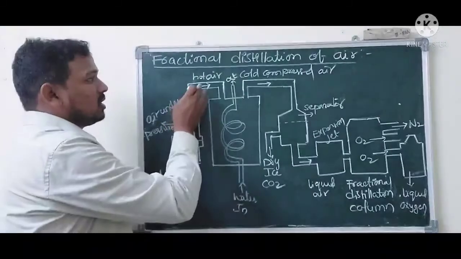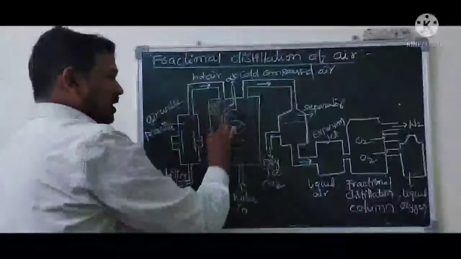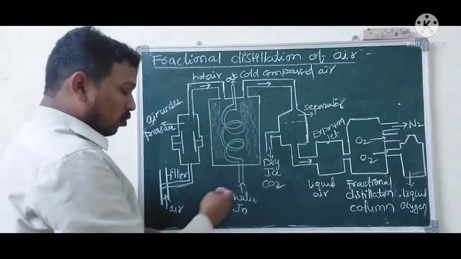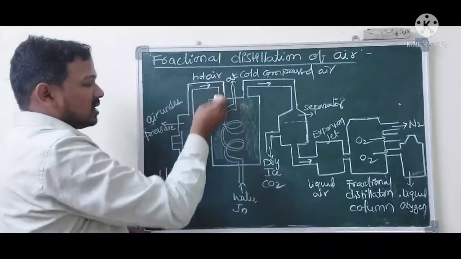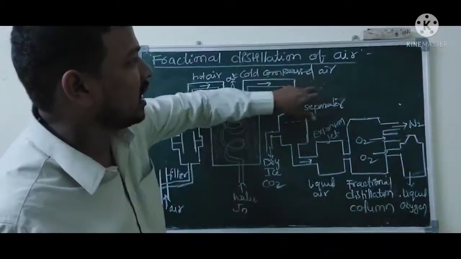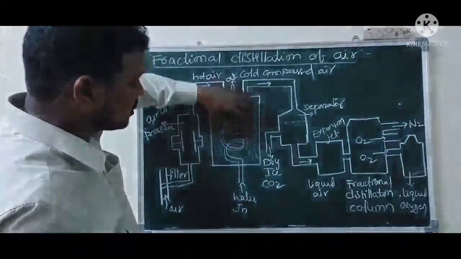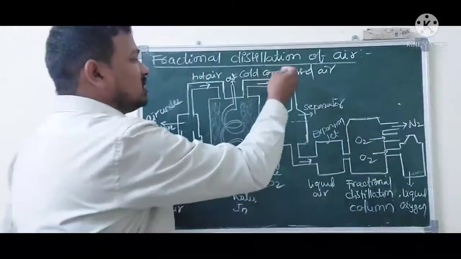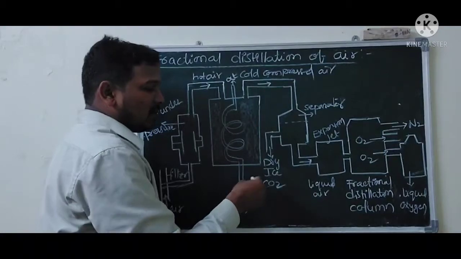Later it reaches the cooling chamber where the air gets cooled with the help of the water in and water out process. Cool water will go inside, so that all the air which is coming inside gets cooled down here. Later the cold compressed air under pressure, the air cooling process. So the cold compressed air comes through this pipeline. Later it reaches the separator where we can separate the carbon dioxide in the form of dry ice.